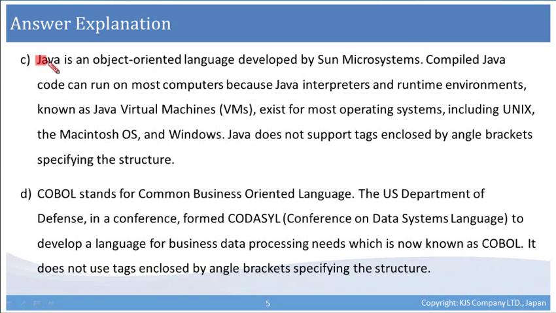C. Java is an object-oriented language developed by Sun Microsystems. Compiled Java code can run on most computers because Java interpreters and runtime environments, known as Java Virtual Machines, exist for most operating systems, including Unix, the Macintosh OS, and Windows. Java does not support tags enclosed by angle brackets, specifying the structure. So in Java, it does not support tags enclosed by angle brackets, so this does not fit the description of